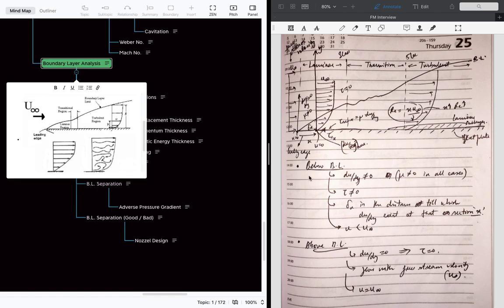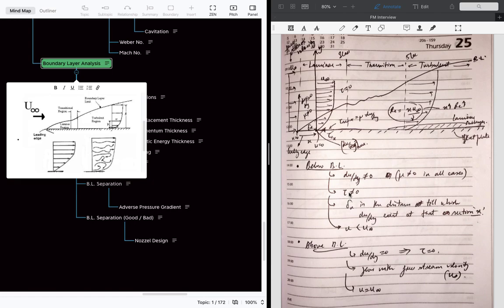So what can we say about the stuff below the boundary layer? Below the boundary layer, the velocity gradient is non-zero. That means the viscosity is also not zero. Viscosity is not zero in any of the cases. Some say that inside the boundary layer the viscosity is there, and outside the viscosity is not there. No, viscosity is always there. Viscosity is a property of the fluid, so it is always there,